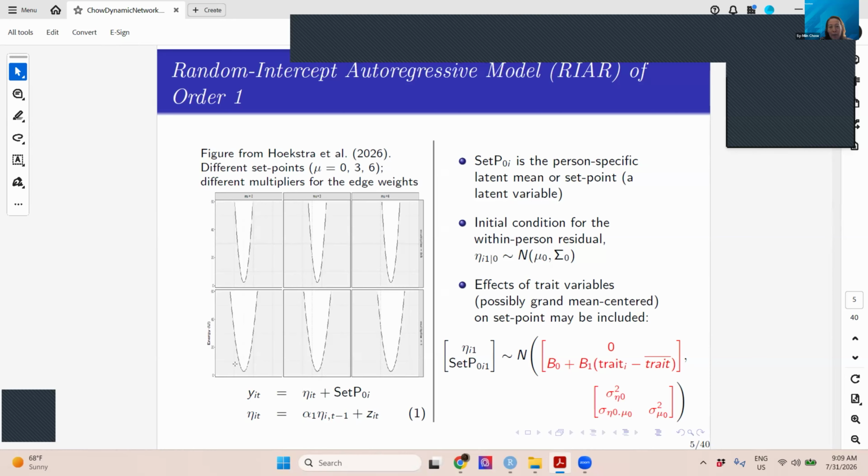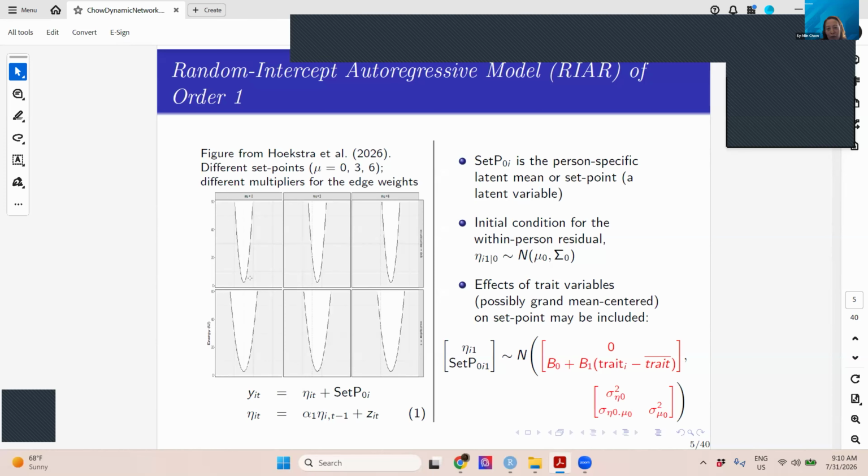So in some cases, you may have high versus low values. If you imagine that corresponds to emotional or affective health, for example, a higher level of joy or happiness, a higher value of the set point may correspond to a better state, right? So that is the trait. In the long run, it corresponds to the trait level if that set point is stable, right? And it stays all the time. And then the absolute magnitudes of the edge weights control how steep this drop is.